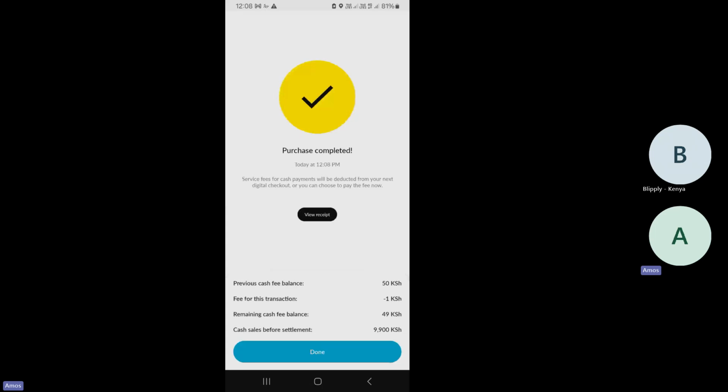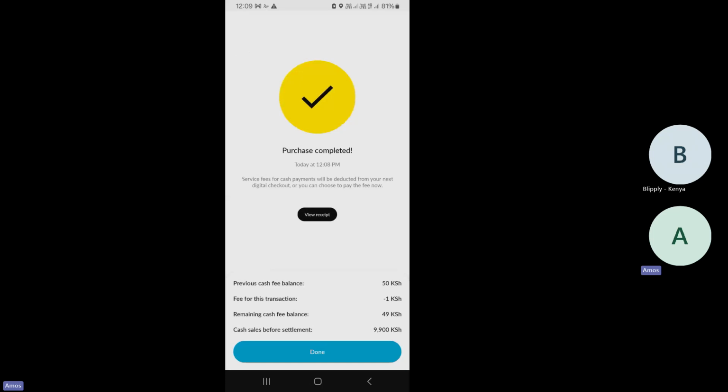Services for cash payment will be deducted from your next digital checkout, or you can choose to pay the fee now. What does that mean? For the Tcash app to help you manage your inventory, help you build your credit score, for the Tcash app to help you advertise your business, there is a fee, a very small fee that you pay for transactions that you're doing on cash basis.